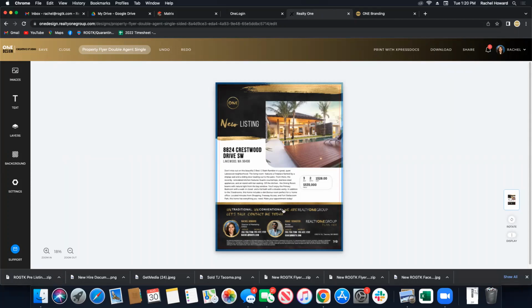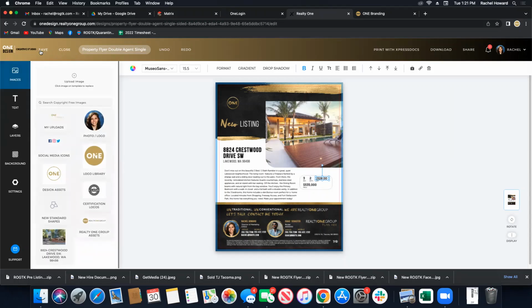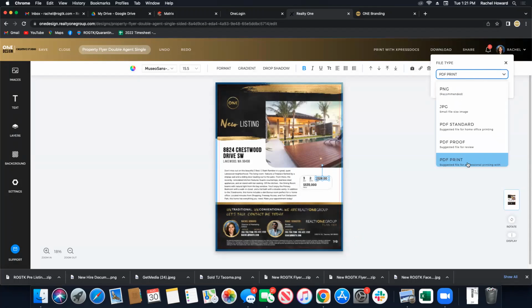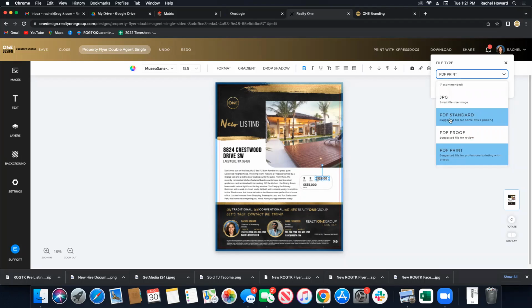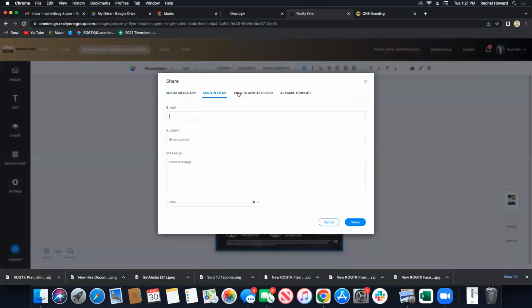Something I hope you guys have noticed is that it did pull all of the information from Sean's listing into this little box here, which is pretty cool. All right. Then you're going to want to hit save, but you can also directly print with Express Docs from this, or you can download it in multiple different formats. Yeah, okay, so they did fix that. It was just PNG and JPEG before, but it looks like they've got some PDF proofs, a PDF standard, and a PDF print. So there's a couple of different ways you can download it, and you can also share it directly to Facebook and LinkedIn. You can send it in an email, or you can use a different